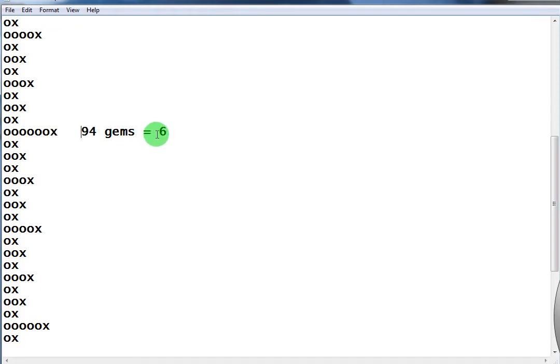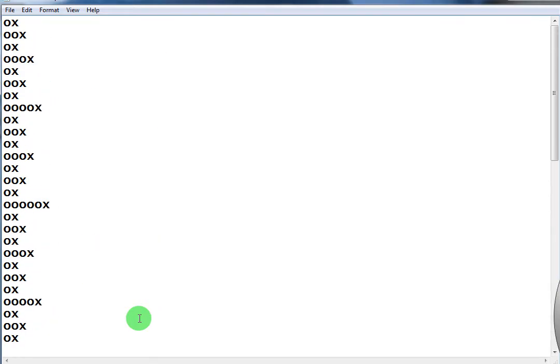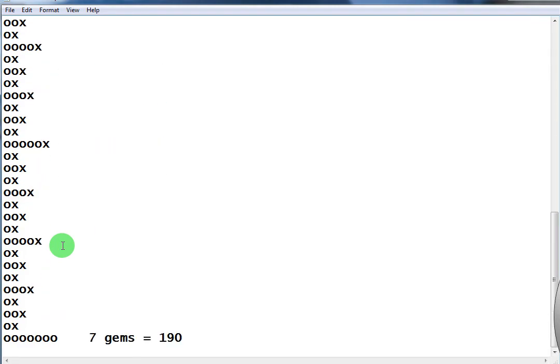94 gems statistically means you get 6 slotted, and 190 gems statistically means you get 7 slotted. And this is the process you do to calculate it, and I think it is 100% accurate if we go out from the 2 rules as I mentioned. The first gem always working, and all the other gems have a 50-50 chance of breaking or succeeding. So this is how I would calculate exactly how many gems you statistically would spend, going from